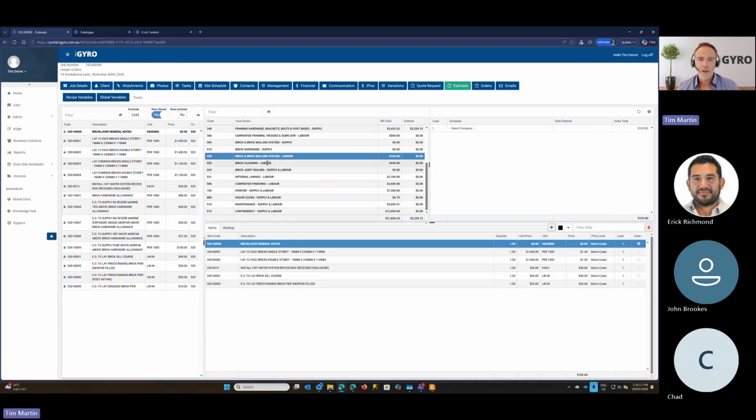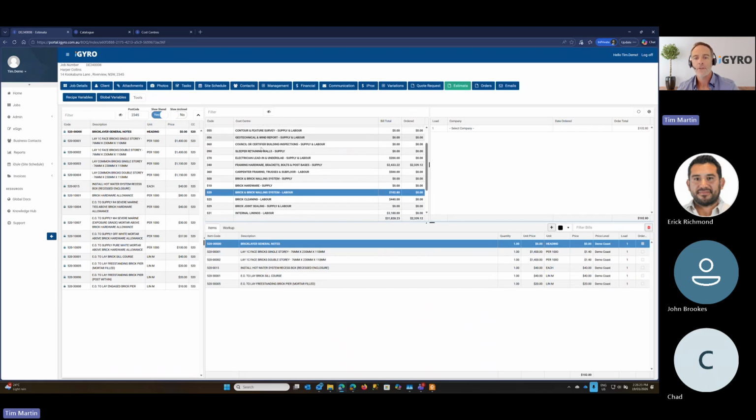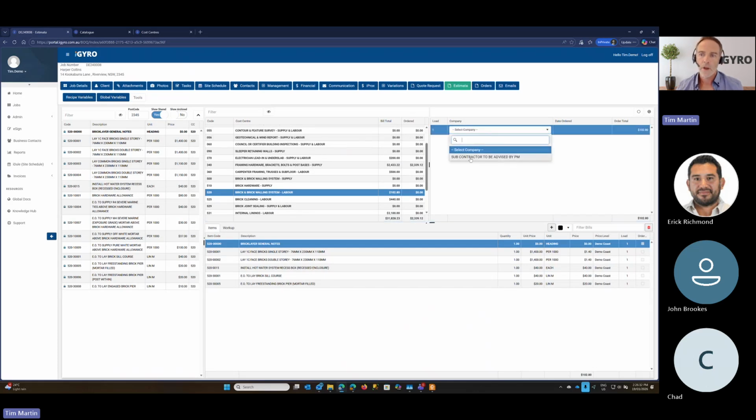All right, so generally this is going to come in without a supplier set. So now your job would be to work through each of these cost centers, confirm all of your quantities and make sure the pricing looks right to you, and obviously select your companies. So a lot of the times you may not know at the time of estimation who is going to be